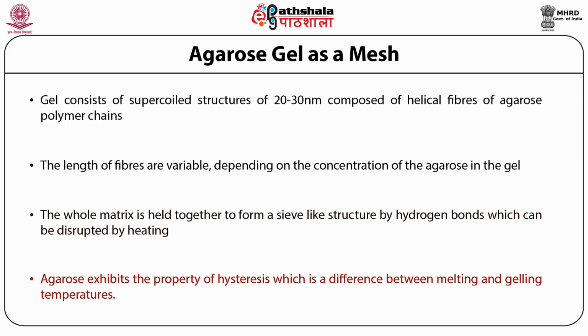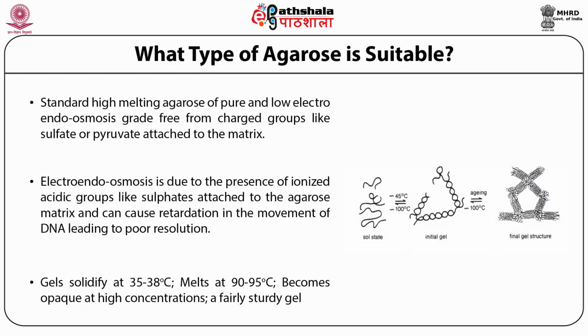Agarose exhibits the property of hysteresis, which is the difference between the melting and gelling temperatures. What type of agarose is suitable? There are different classes of agarose used in electrophoresis. The first is the standard high melting agarose. This is a standard agarose used for practical purposes of analyzing and isolating DNA fragments ranging from 1 kb to